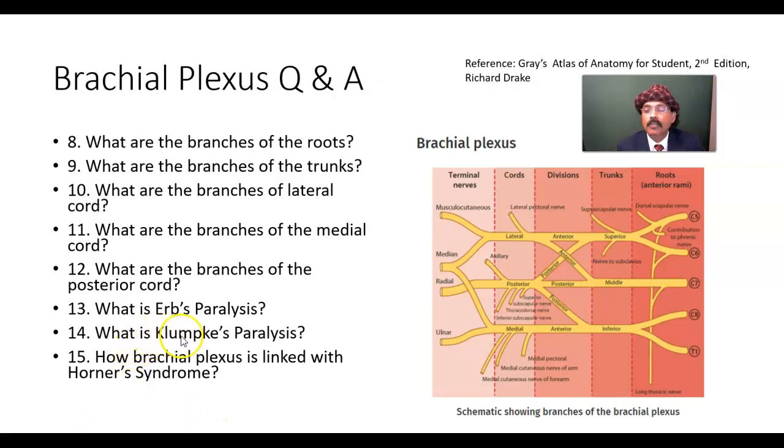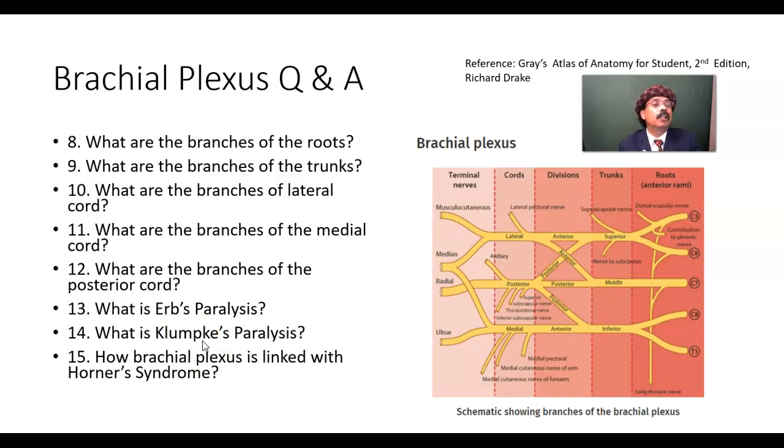What is Klumpke's paralysis? It is a lesion of the lower trunk of the brachial plexus. Erb's paralysis may be due to birth trauma, may be due to falling from a motorcycle. This part from this part is separated, too much pressure there. Okay. Klumpke's paralysis, even it may also happen due to some type of difficult delivery, or some person is falling